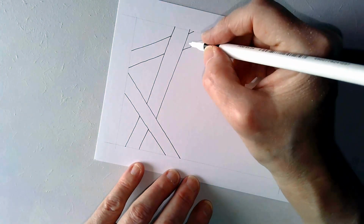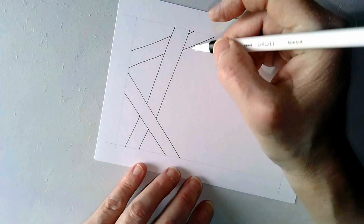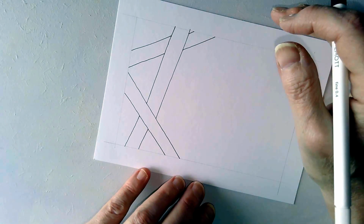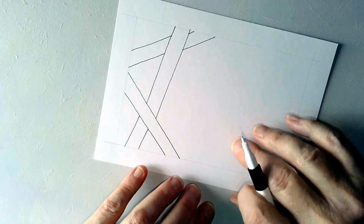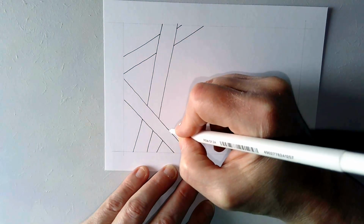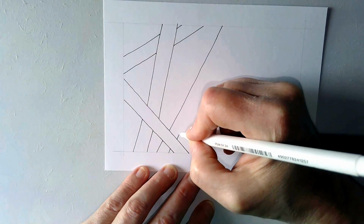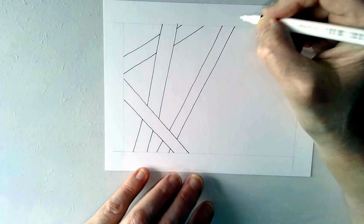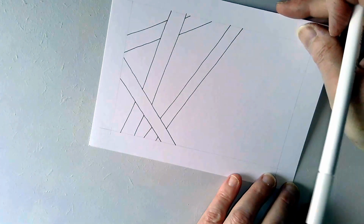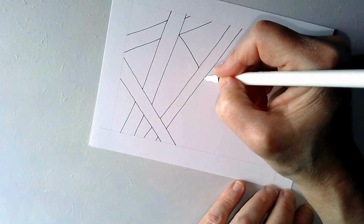And I'm going to have one that comes... So I've got an awkward shape here, but it's fine. It works no matter what. So I've put another straight one in here. And I'm drawing these chunky for a reason, because I'm going to use it like a grid, a reticulum, as Zentangle call it, and fill both the...